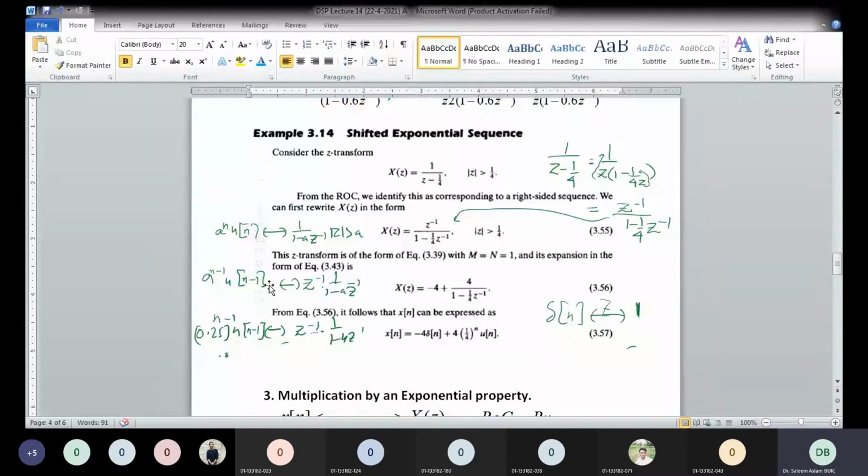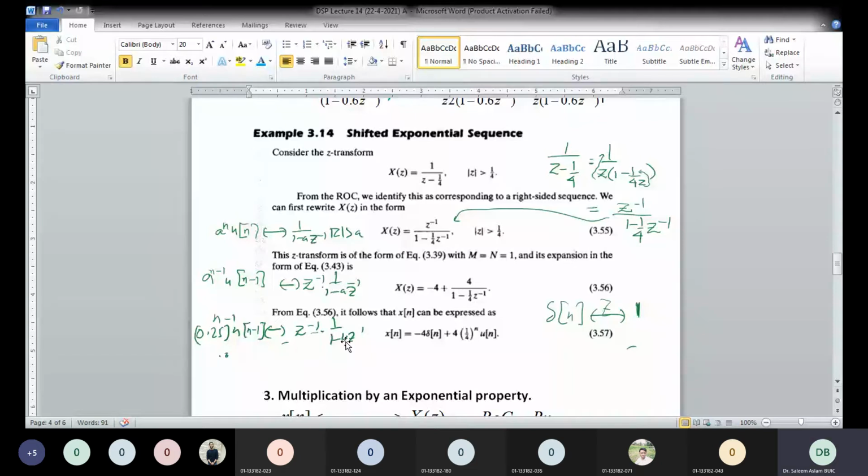Now look, the expression you have is a to the power n u of n, so we have 1 over 1 minus a z inverse, for z mod greater than a. If we have a delay of one unit, a to the power n minus 1 u of n minus 1, this would be z inverse dot 1 over 1 minus a z inverse. If you look at this expression, that is exactly similar to this one. So based on this I can write this in this form, z inverse dot 1 over 1 minus 1 by 4 z inverse. Sorry, here written 1 by,